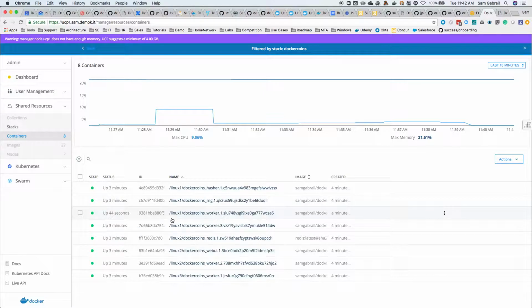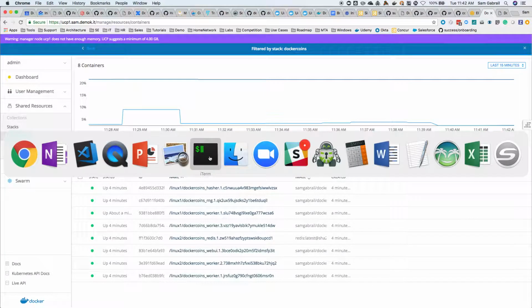And here you go. You can see that worker 1 got rescheduled to Linux 1. So now we have worker 1 running here, worker 3, and worker 2. And now this is old. So looking at it in a different way,